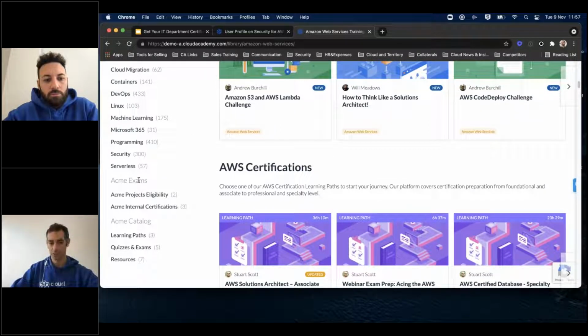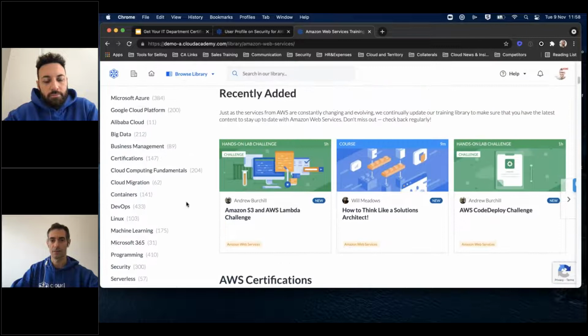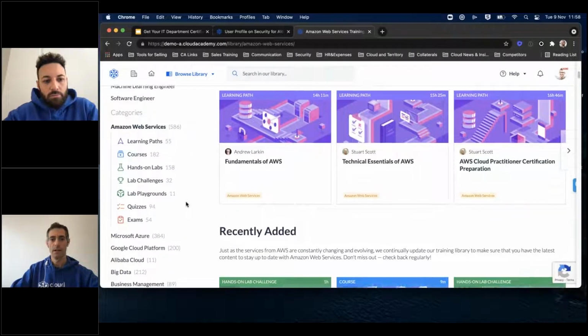It's going to be available just for your organization. And in this case here, you see that this organization created some specific customized exams and some catalog that is going to be here just for the users.